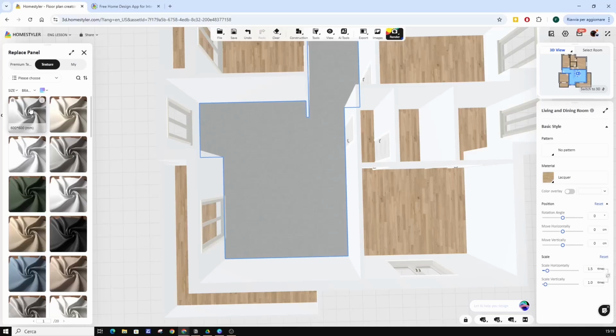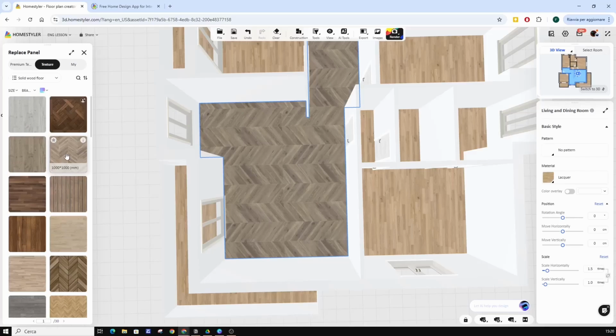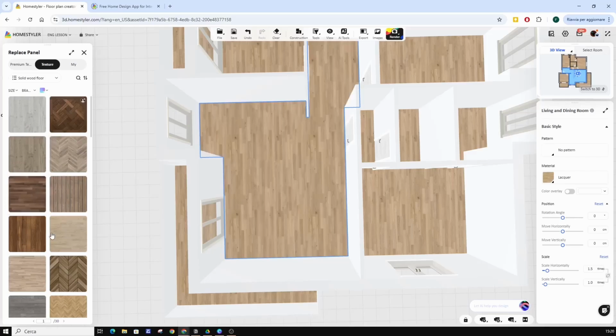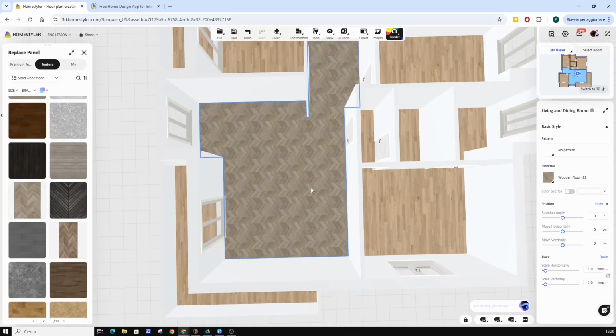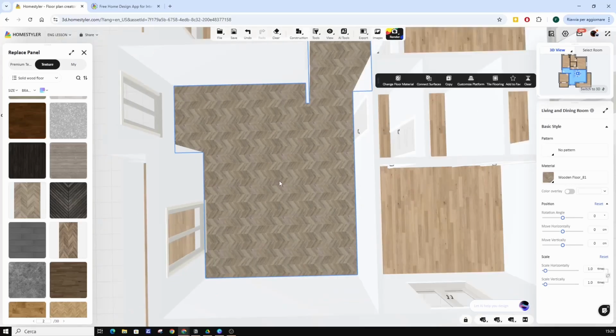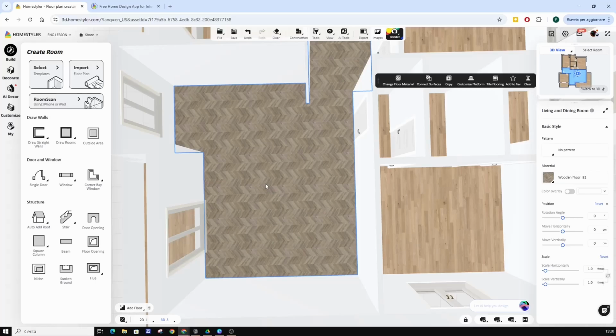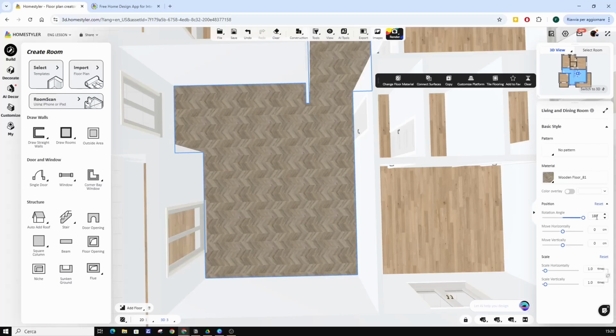By moving the mouse over them, we will already see the materials laid. We choose solid wood floor, and we see some wooden floors with different laying patterns. We choose one, and we see it applied to our floor. If we want to rotate the texture, we can, by pressing the spacebar, rotate it by 45 degrees, or we can enter the rotation angle directly in the right-hand window at the Rotation Angle option.